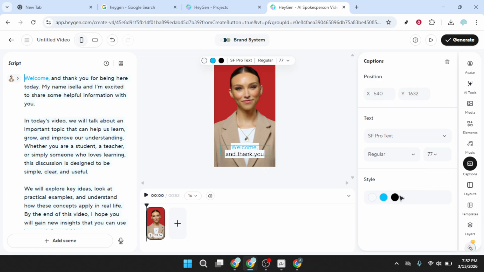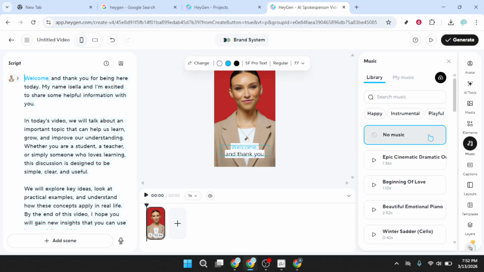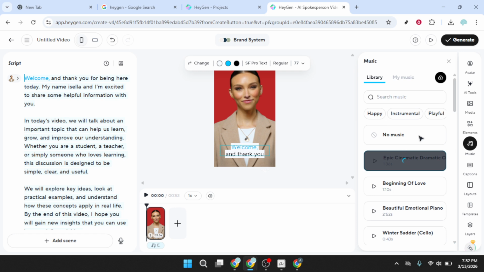If you want more flair, you can add music and images. Keep background music subtle so it supports the voice rather than competing with it, and make sure any images reinforce your key points. When everything looks and reads the way you want, head to the top right and click Generate. The video will render based on your avatar, background, script, and style choices. After processing, you'll be able to review your finished AI video and share it wherever you need,